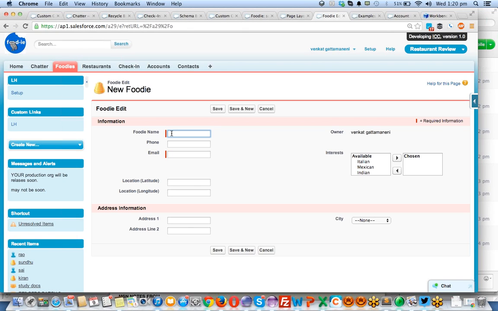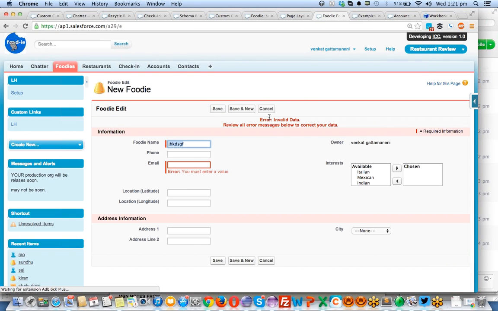Only for Rao is it like this, because I have assigned a different profile for him to allow him to enter the data without the email field. If I try to save the record without the email field, it will throw an error. For all the other people, even for you guys, you cannot enter the data without email.